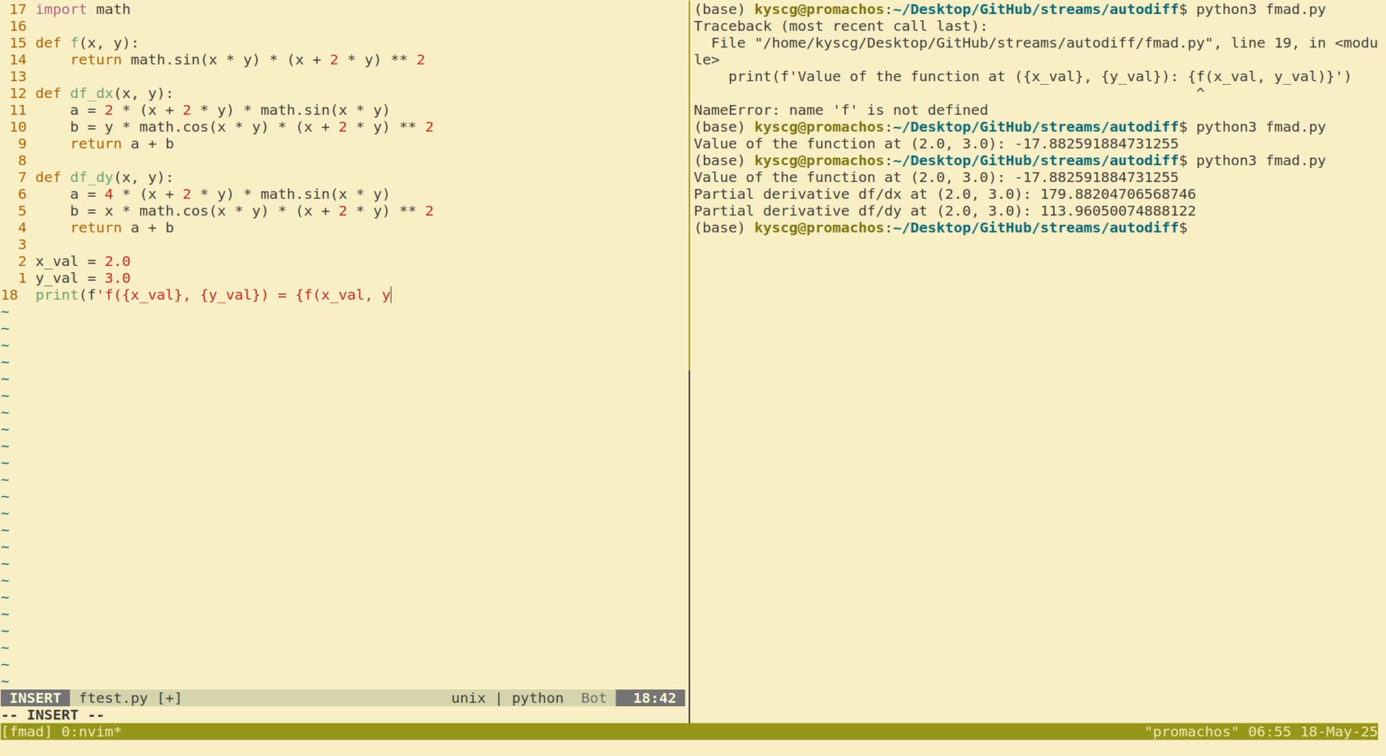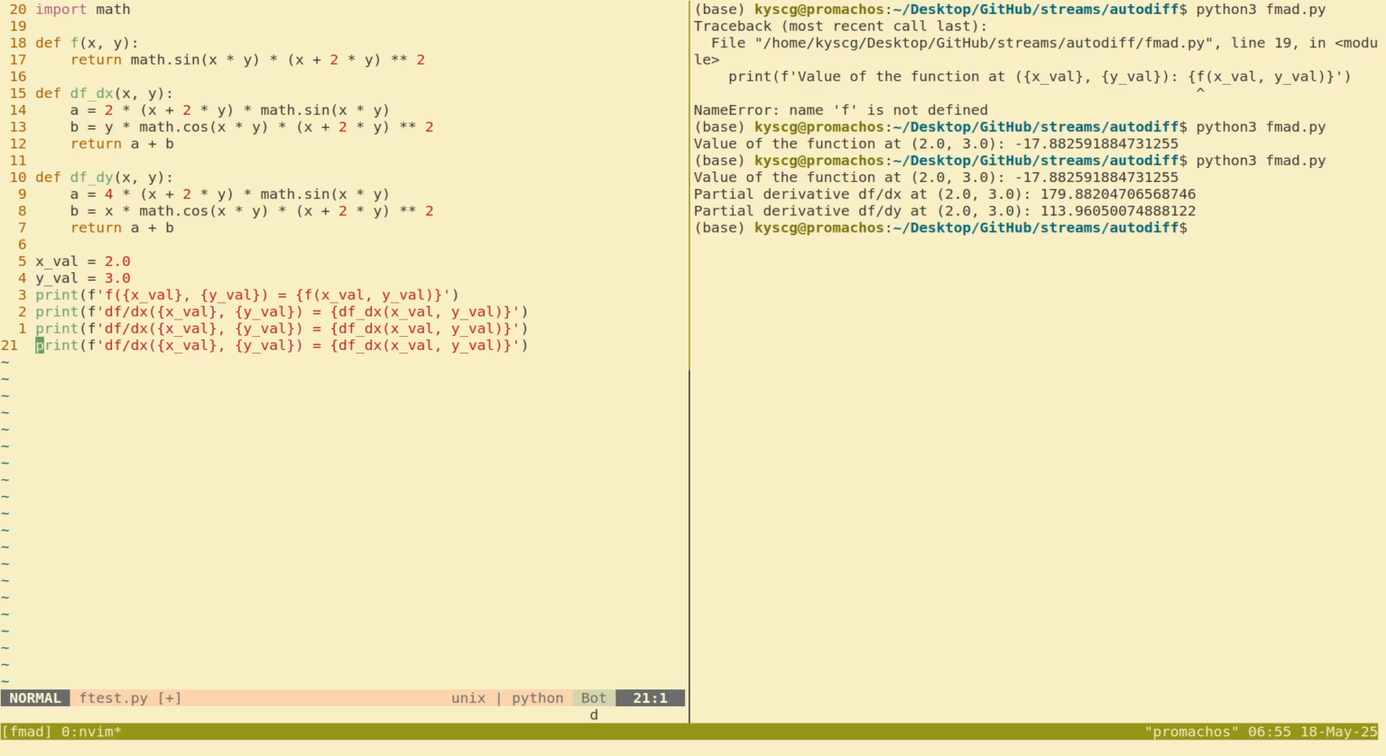Xval and yval. Is this right? Yep. Now I need to go df by dx at this place, which is literally df by dx. This was simple. Oops. df dy is df dy,